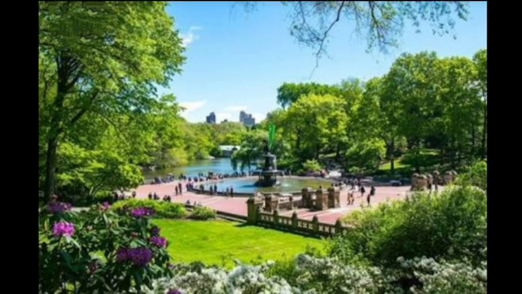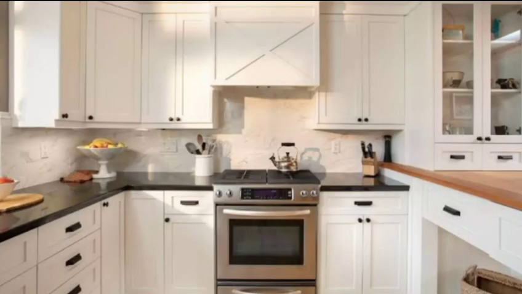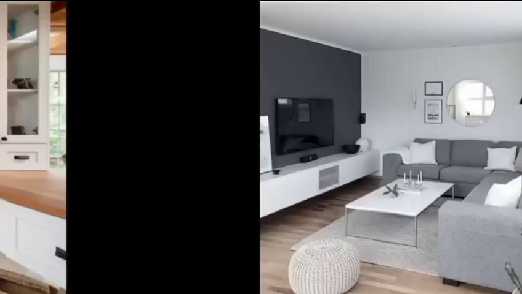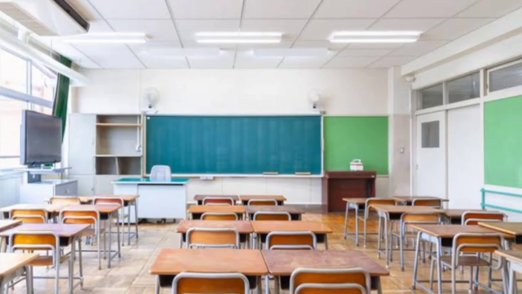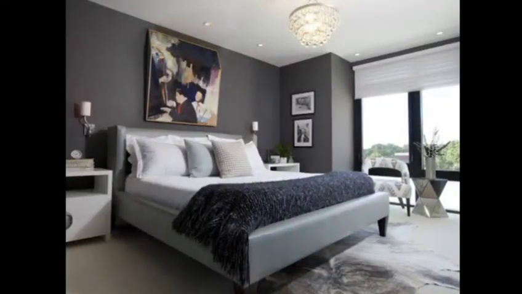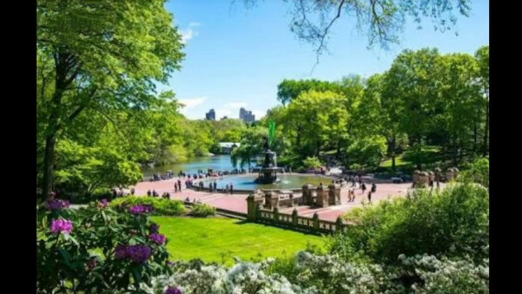The blackboard, that is to be kept in the classroom. There is no use of a blackboard in the bedroom. For example, the utensils are kept in the kitchen and not in the drawing room. The blackboard is kept in the classroom and not in the bedroom. And the bed is kept in the bedroom and not in some park.